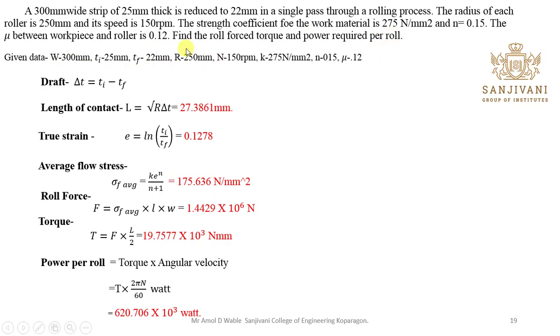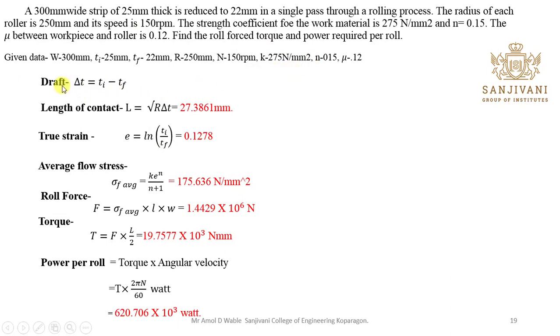So, given data. When you read the problem, while reading itself you should understand what values are given, like R is given, capital N is given, strength coefficient K is given, n is given. All this we require further to put in the available formulas. So here you will find that the formula is not going to change. Even the concept of asking the problem is the same. There is no need to use more logic in this.